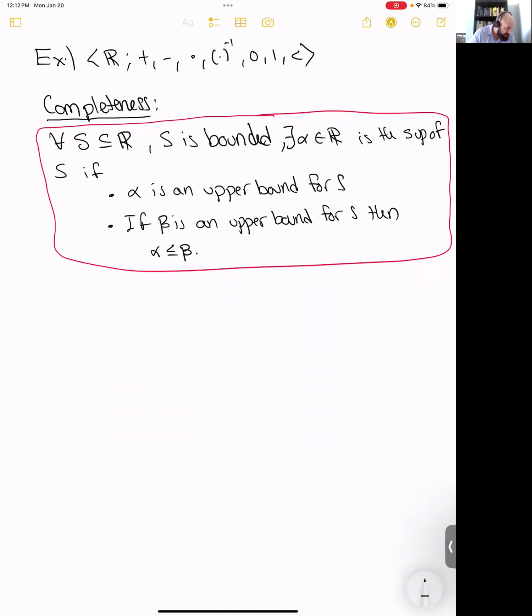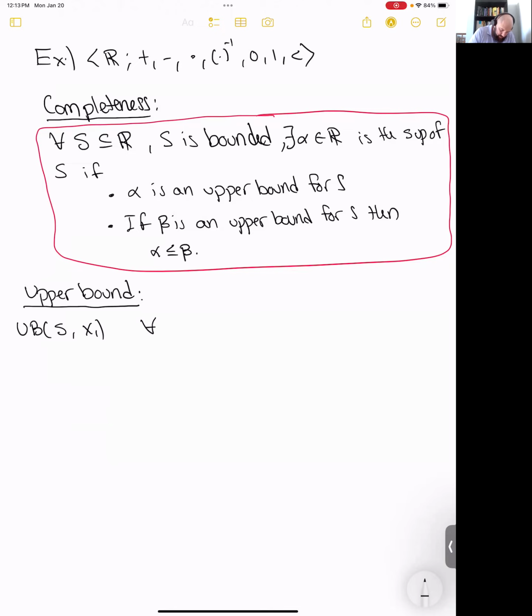Okay, so let's first try to define what it means to be an upper bound. So what does it mean to be an upper bound, right? And let me just say, before I keep it under the rug for too long, we won't be able to define this in first order logic. So we're going to need second order logic. So first of all, I can define a shorthand which is going to take a set and it's going to take a variable, and it's going to say that